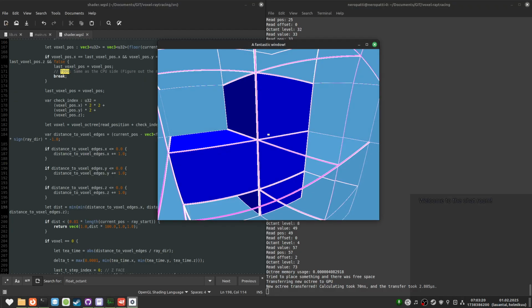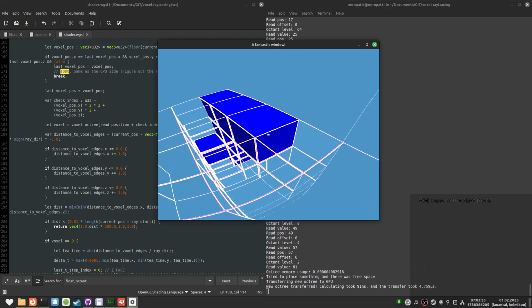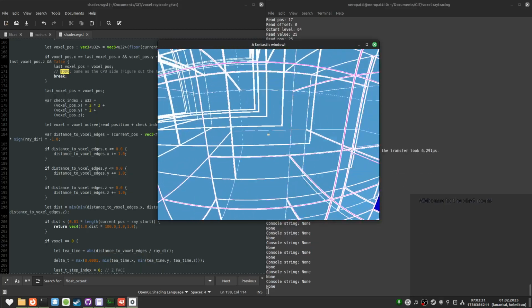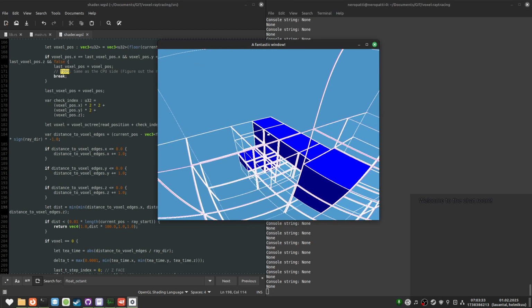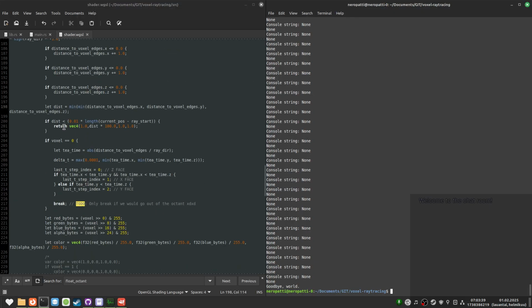I place voxels here, and if I place a voxel there, then we see it creates a thing. I'm wondering, do I want these lines to be behind the voxels? If I want to do that, then I just need to go to the ray call. I think I'll keep them in front. The lines should just not be as thick as they are.